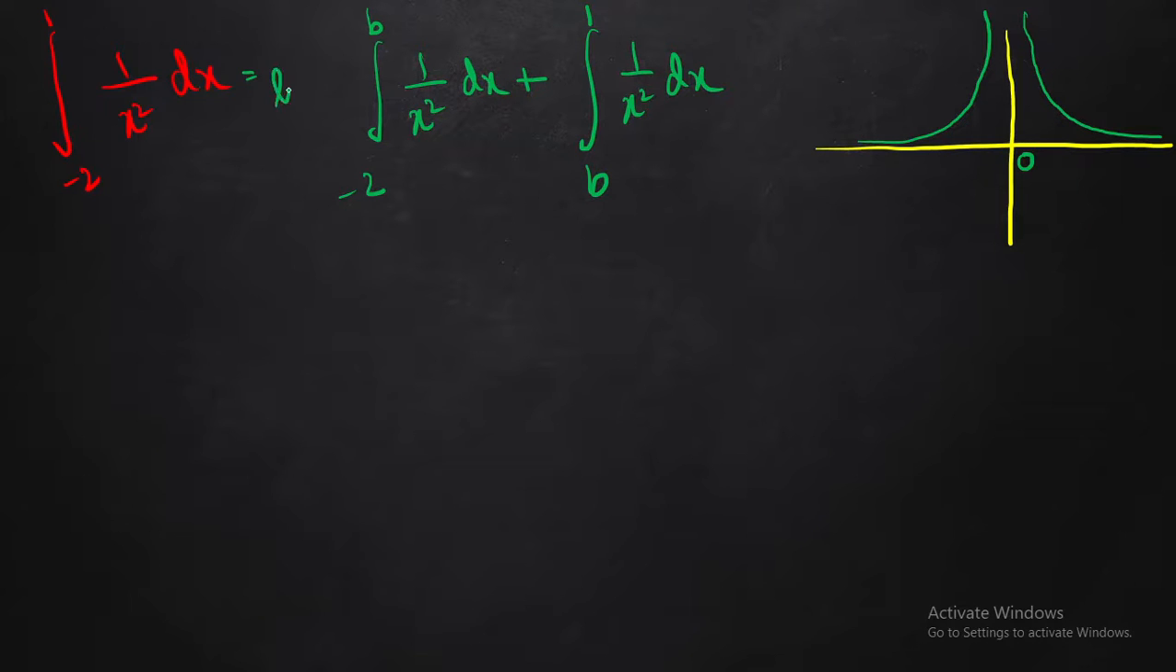Now what is this b? Limit b tends to 0. Now I think we can solve it. Let's see. Now we can solve it. So further we can write it as,